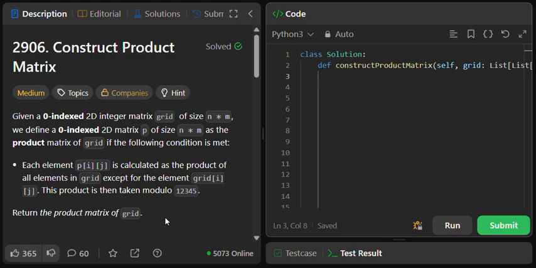So basically we are given a 0-indexed 2D matrix called grid of size n cross m and we have to return the product matrix of grid that is also a 0-indexed 2D matrix P of size n cross m. Now the condition to calculate the product matrix of grid is that each element of the product matrix, that is